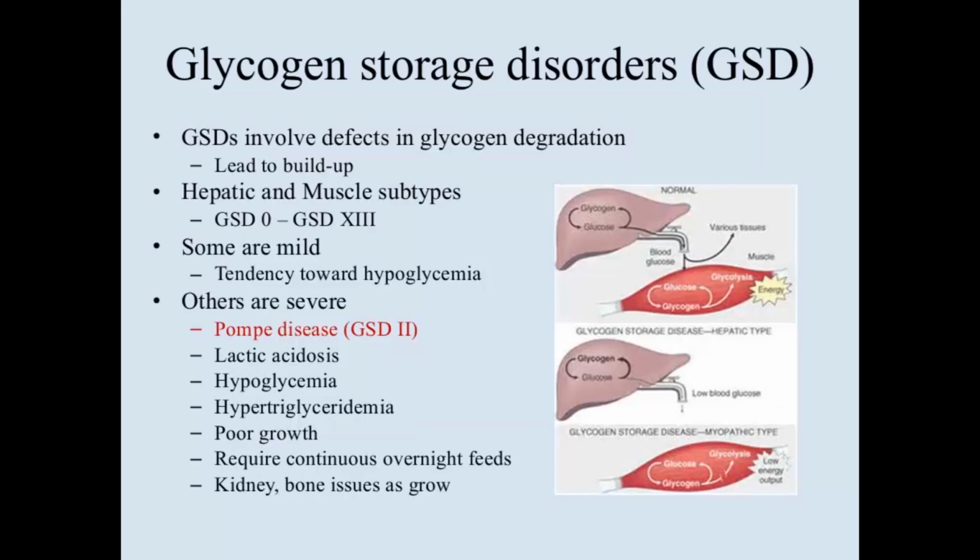It'll be normal. I'm going to touch really quickly on glycogen storage diseases because they too are a lecture unto themselves. They basically involve defects in glycogen degradation, which leads to buildup in other organs. You can have hepatic types and muscle types, and there's now, I think, 13 different types. Some are mild and go undetected except in episodes of mild hypoglycemia, and then other ones are very severe, like Pompe disease, which is often fatal and results in cardiomegaly, hepatomegaly, macroglossia, things like that. And you can see that there are a variety of sort of extrahepatic manifestations as well.